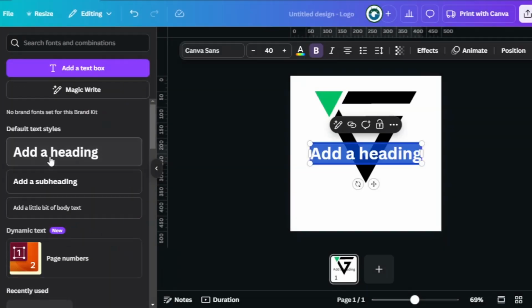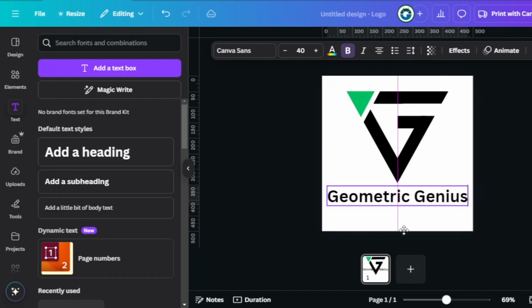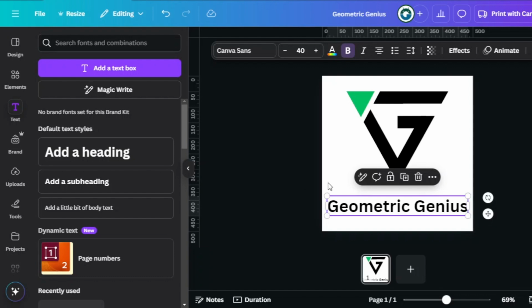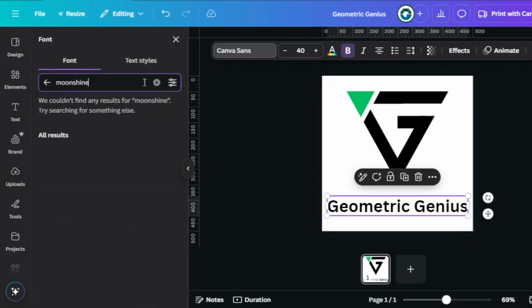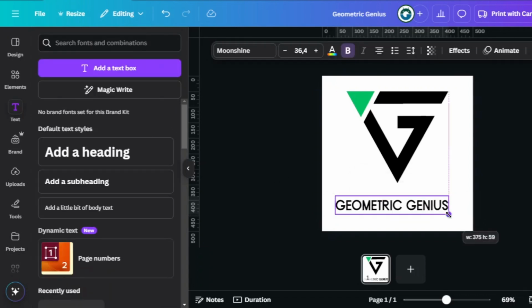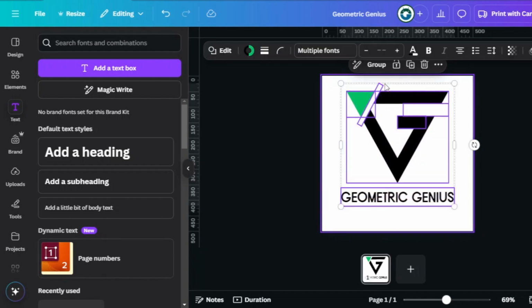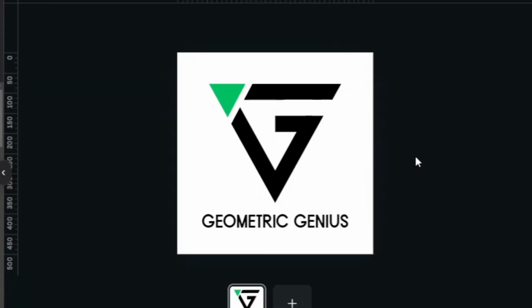Finally, add some text to complete the logo. And there you have it.